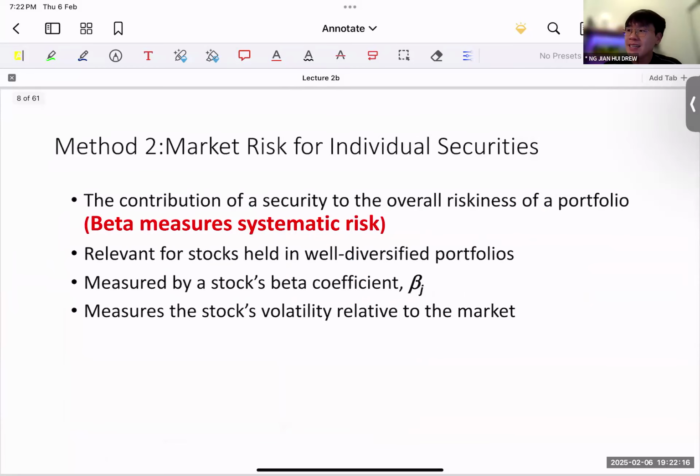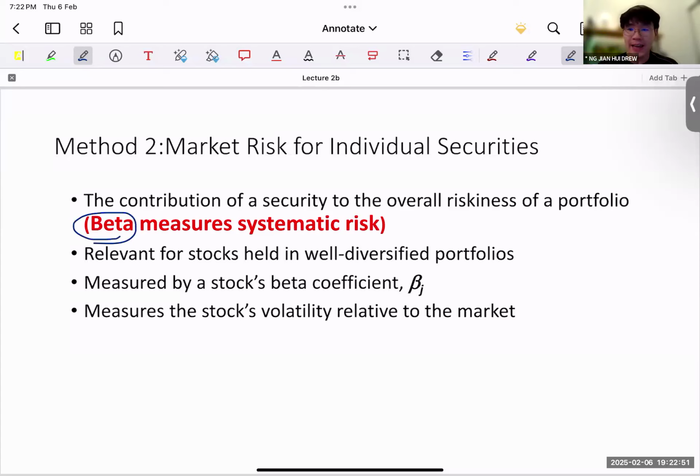Relatively easy, just look at market data. Now, for method two, this is where we are going to touch back on probably what you have learned in FIN 203, for those that have taken this course. And so this method is to determine the beta, right? Use the beta of the stock to determine the cost of equity. And what does beta mean, right? Let's do a recap. Because of course, I understand some of you might not have even taken FIN 203. So let's try to understand what beta is first.